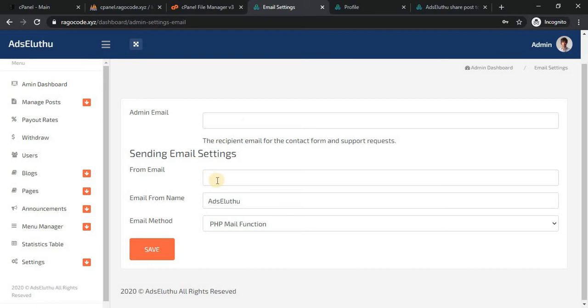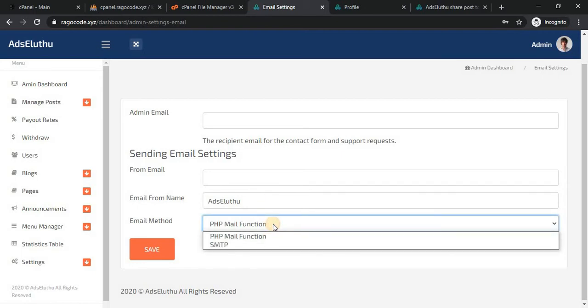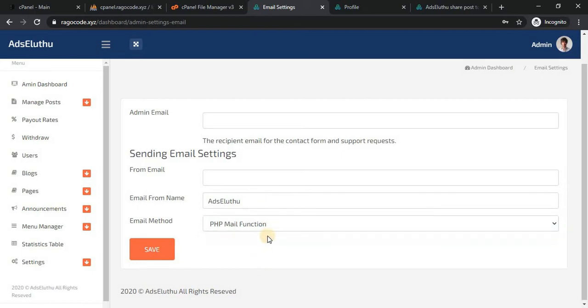And the from email ID that you want displayed, just enter it. And the name of the mail, just enter it. And this is the important one. If you select the PHP mail function, it depends on whether your hosting is a good one.